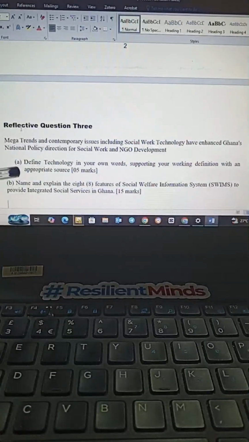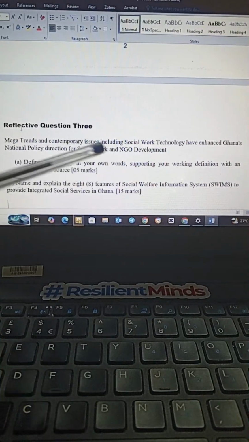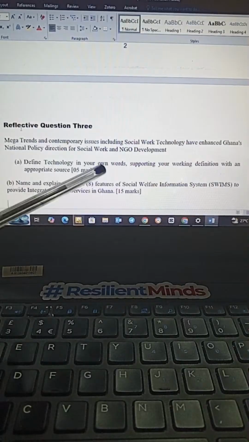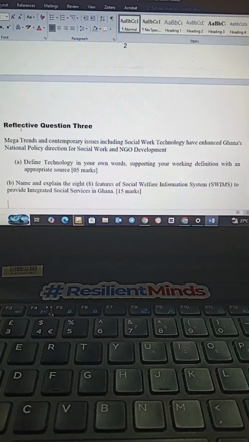When we ask you to define something in your own words, because it's a term that some people have already defined, it means you need to look at the keywords they use in their definition, then add your own phrases to it. That is why, if you define something in your own words, you need to cite it. Give us a source, like Oxford Dictionary, Wikipedia, or Google Scholar. About 2 or 3 sources; 2 is okay.